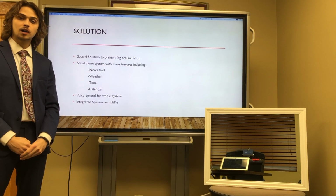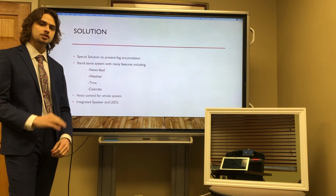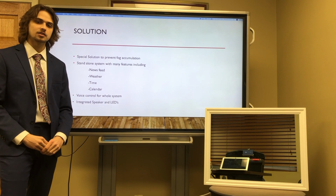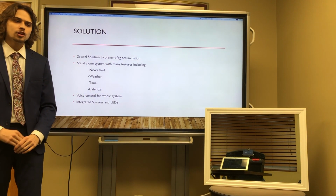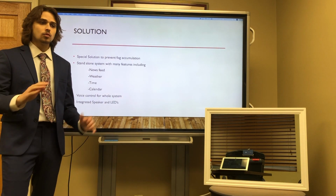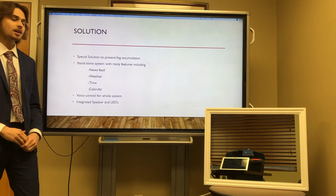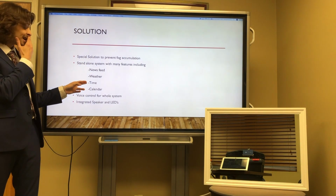The solution to this problem is my modern mirror. My modern mirror is coated with a special technology that allows fog accumulation to not happen on the surface of my mirror. Meaning that when you get out of your hot, steamy shower in the morning, you don't have to take a towel and wipe it down and leave ugly streak marks and try to get ready while you're doing all these other things. My mirror is a standalone unit that will display features such as your newsfeed, weather, time,